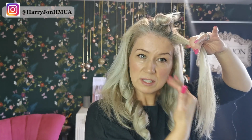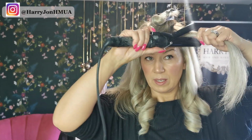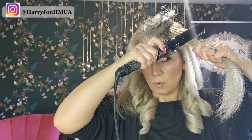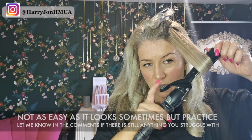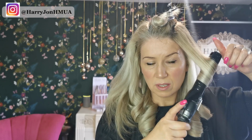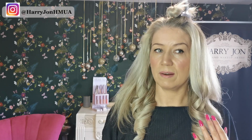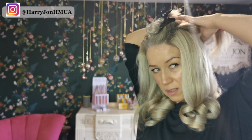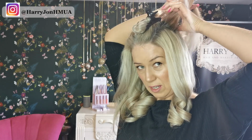So you don't want this bit being too curly because you want this to drape quite nice into these lower sections. So, taking the arm in, the arm's curled away from the hair, dragging it down, curl the bottom, leave the ends out, make sure the heat's through, and then drag that out. Take another section, so all your hair is pulled forward, that has been curled, and all your frizzy sections